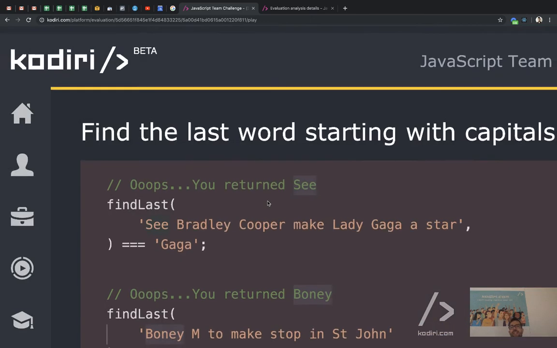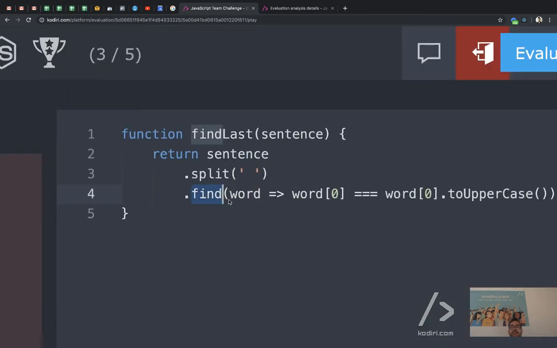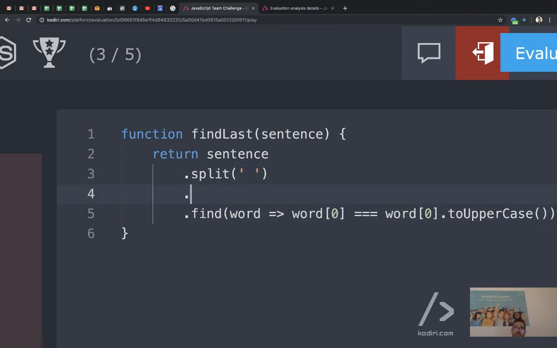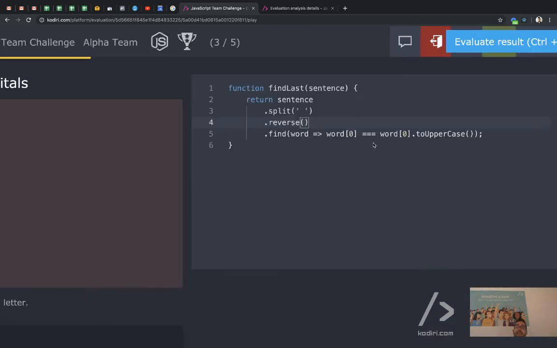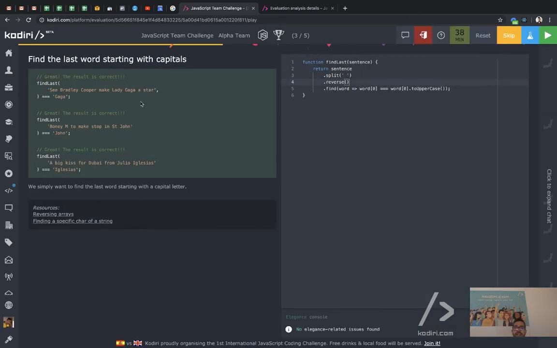So how do you get the last one? Ideally, and to be honest, I don't know why that's not part of the standard, we should have something like find last or find right, but that's not part of the standard of JavaScript. If, before dot find, you put dot reverse. I love it, Seb. You dot reverse, whatever was last is now first. Yeah, that's very clever. And if we run it,